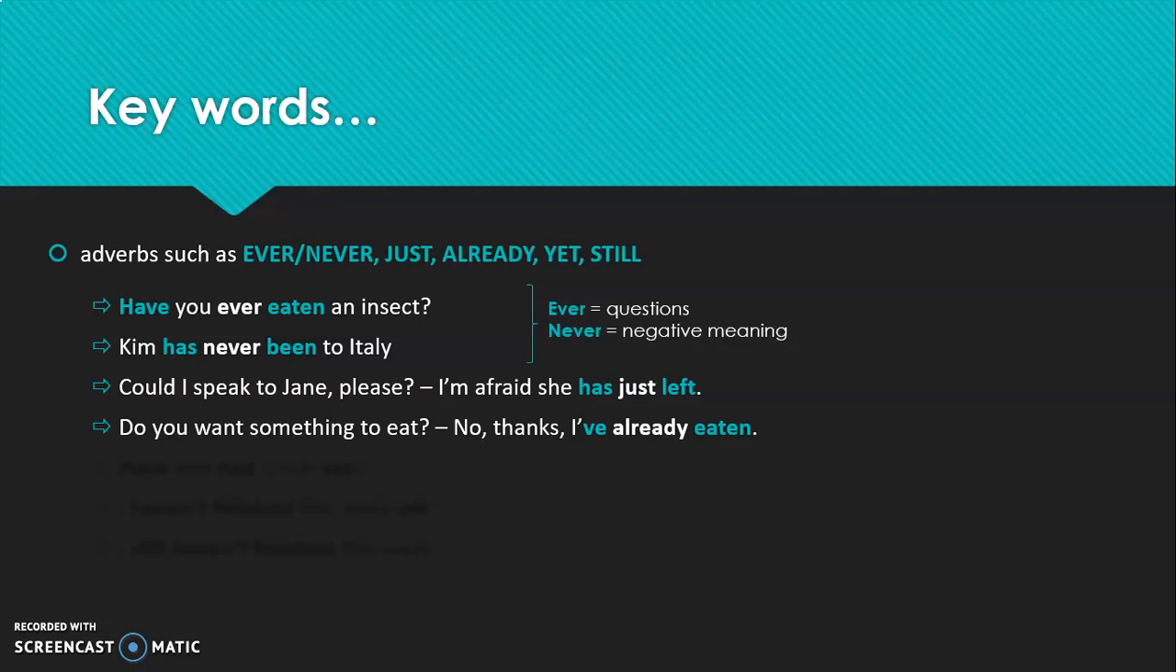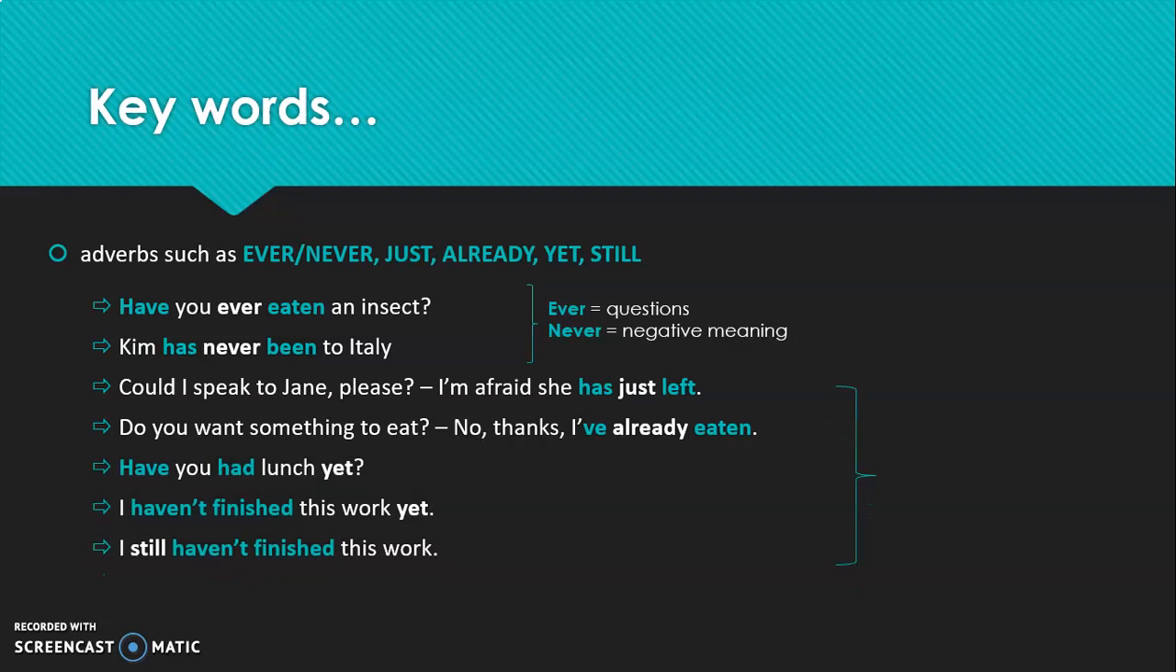I'm afraid she has just left. Okay, she has just left. And the other example goes, do you want something to eat? No thanks, I've already eaten. So both these adverbs, just and already, are positioned between the auxiliary and the main verb: has just left, have already eaten,